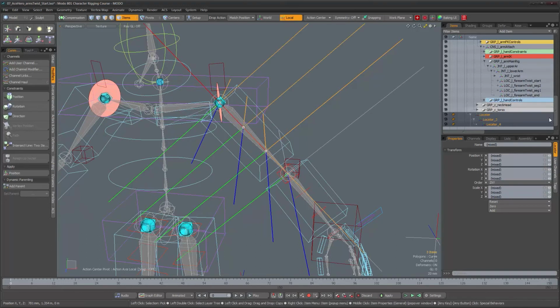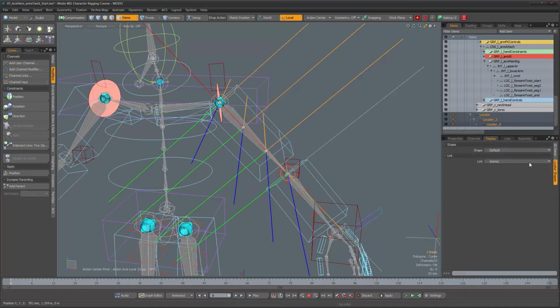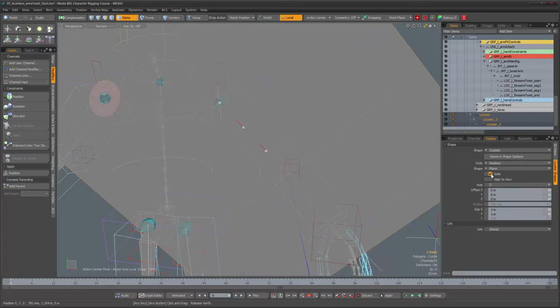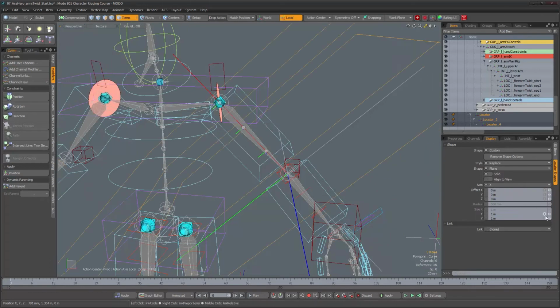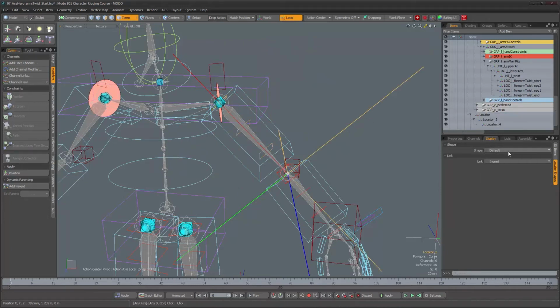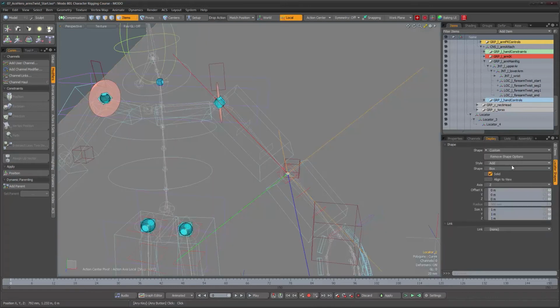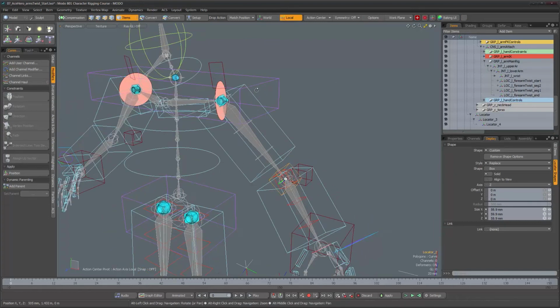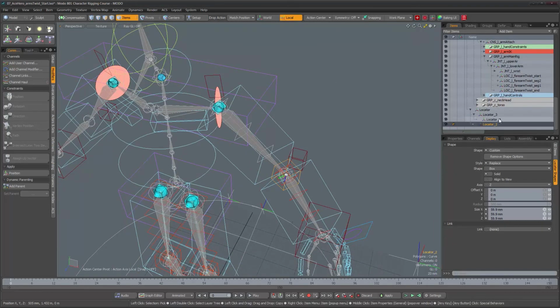So now we take these 3 locators, make them into planes like so, and then take the last one and make it into a box, slightly bigger one than the one for the forearm. Now we can proceed to